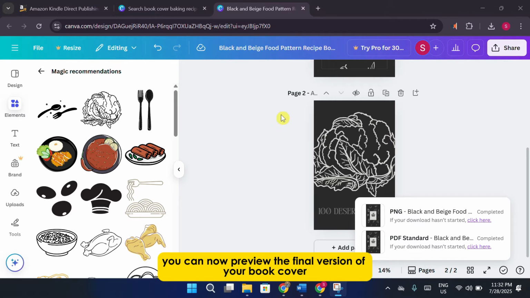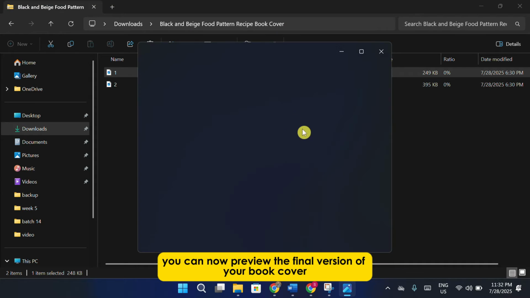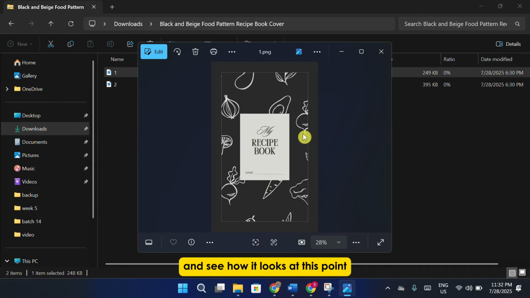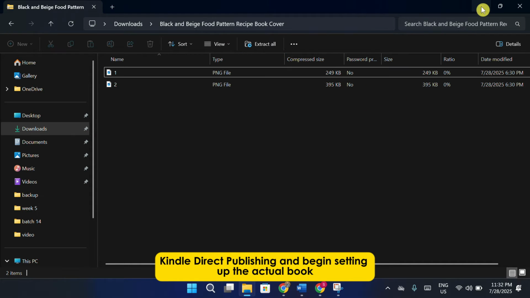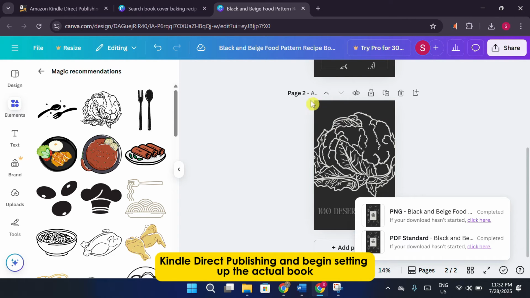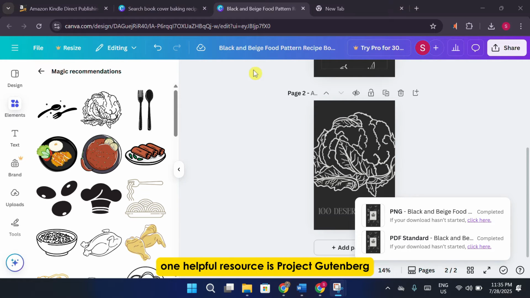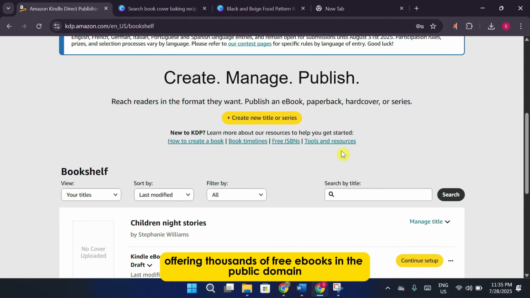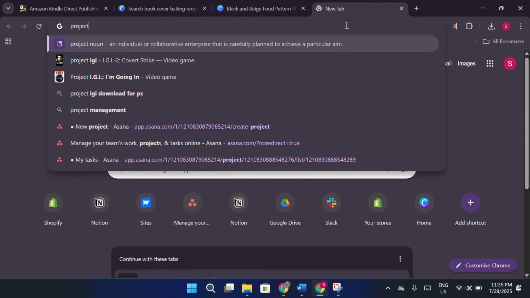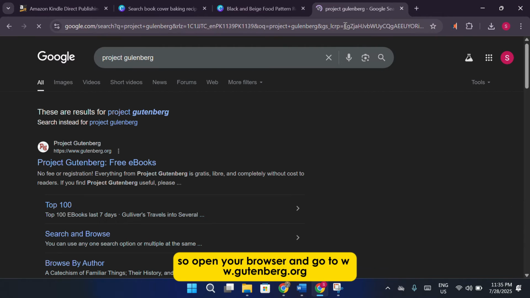You can now preview the final version of your book cover and see how it looks. At this point, we're ready to head back over to Amazon Kindle Direct Publishing and begin setting up the actual book. To create your book content, one helpful resource is Project Gutenberg, a digital library offering thousands of free ebooks in the public domain. This is especially useful if you want to use classic texts or find content to reformat and self-publish legally. So, open your browser and go to